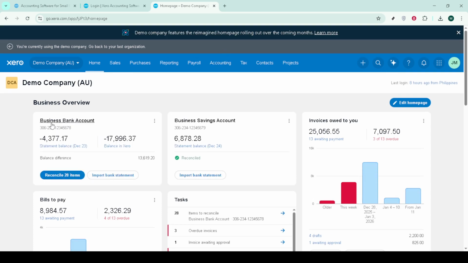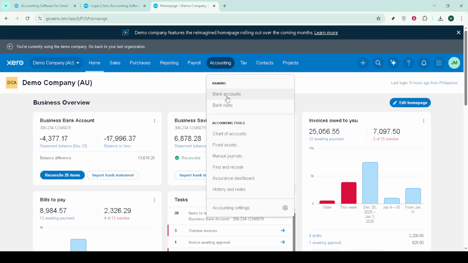And that's it. You've connected a new bank account in Xero securely and efficiently, and you're ready to keep your